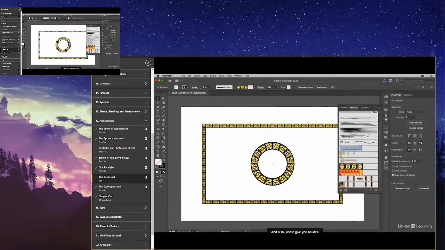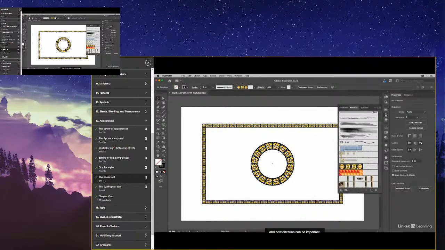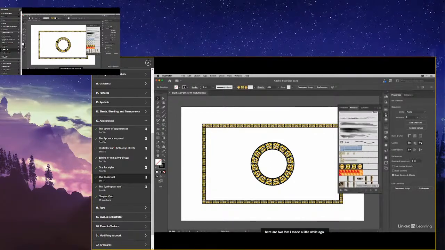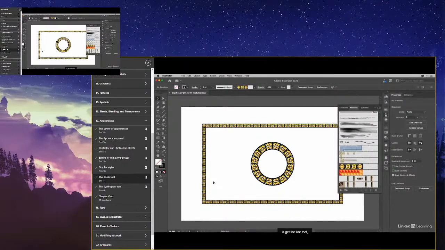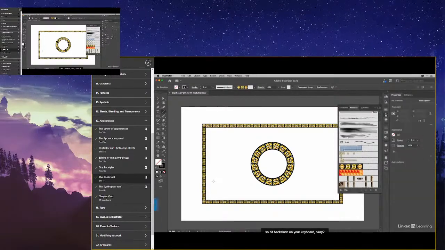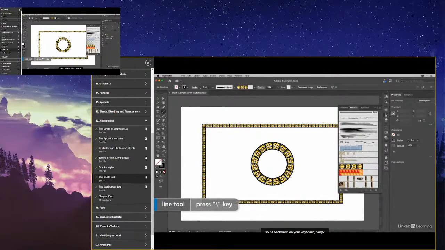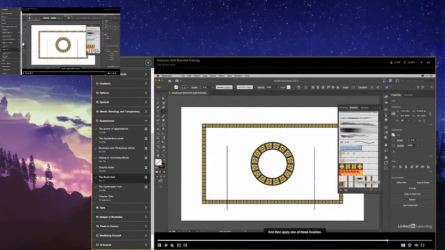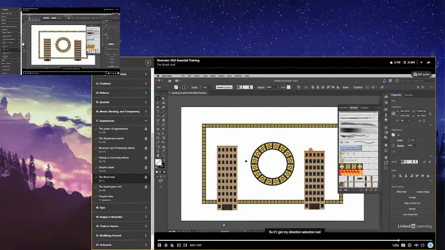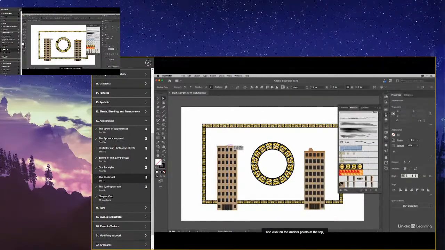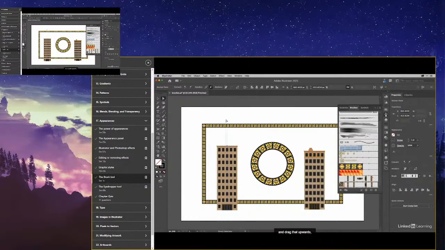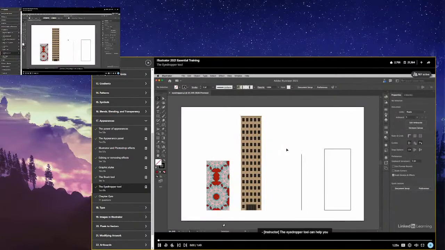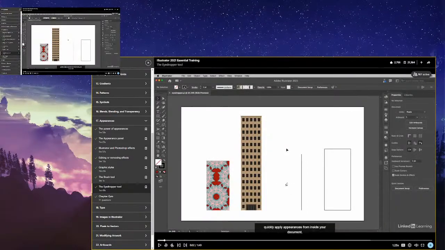And also, just to give you an idea of how to use some brushes and how direction can be important, here are two that I made a little while ago. So what we're going to do here is get the line tool, so hit backslash on your keyboard, come over on the other side, doesn't have to be the same height, and then apply to make skyscrapers. Right, so if I get my direct selection tool and click on the anchor point at the top and drag that upwards, or stories, flexibility. The eyedropper tool can help you quickly